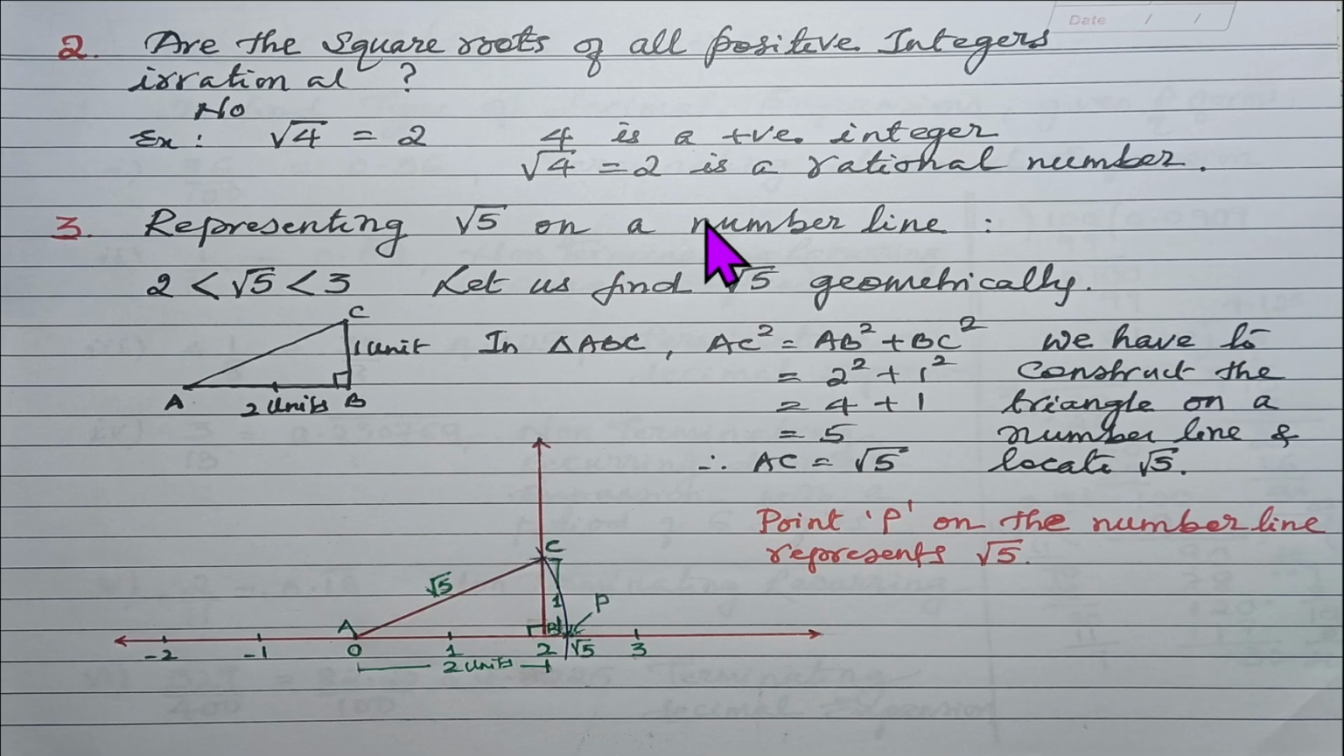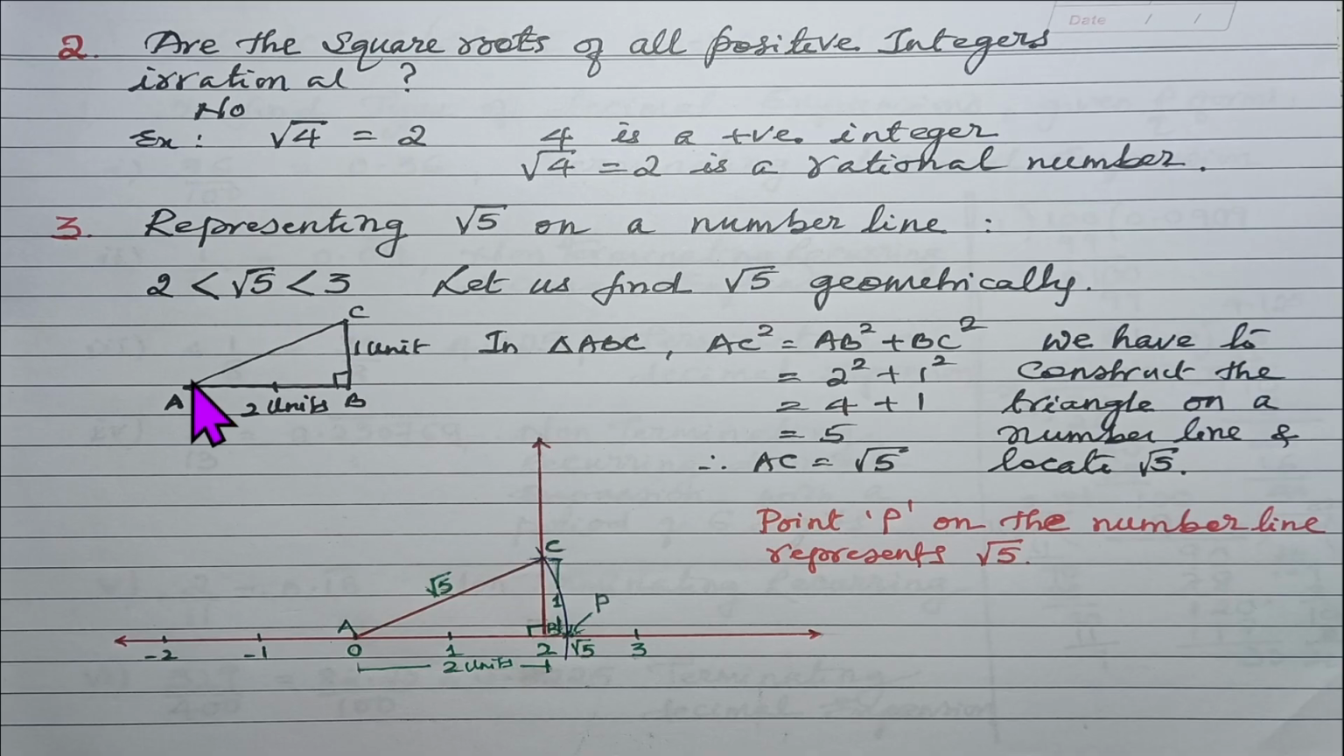Now representing root 5 on a number line. To represent root 5 on a number line, first of all, root 5 lies between 2 and 3. Now first of all, we have to find out the measure of root 5, because we cannot measure root 5 on a scale. So we have to go for a geometrical method, and geometrically we can find the value